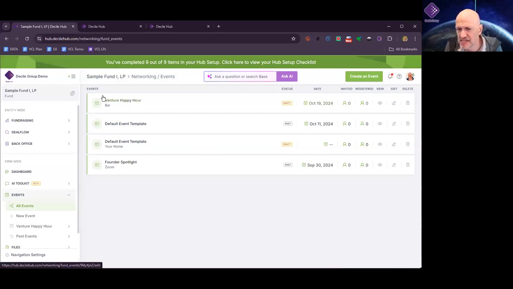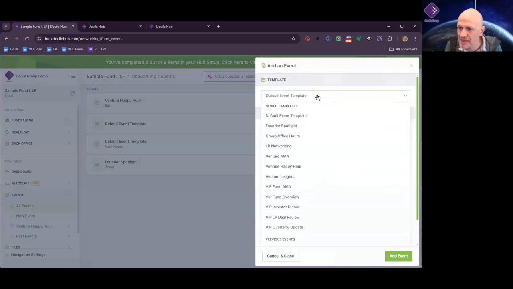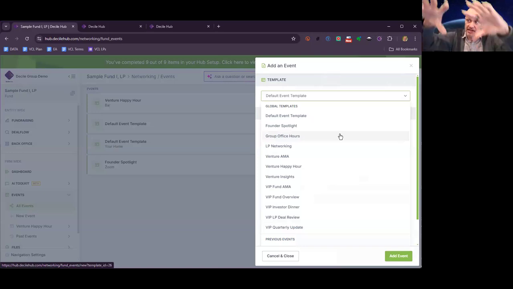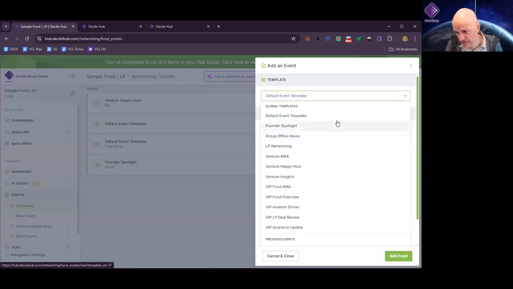So as you can see here, it's just really easy to create an event. You go in the event system, hit create an event. We have templates. VIP events are really designated for limited partners in the mid funnel. The non-VIP events are really top of funnel, right? So I would recommend everyone here run a venture happy hour in their local city, and